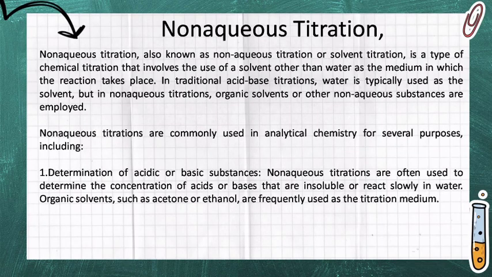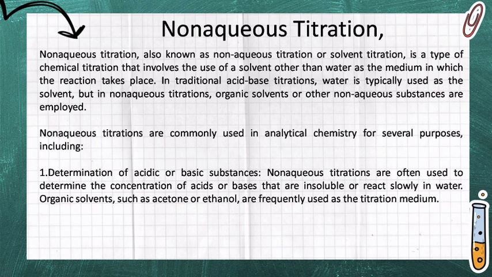Non-aqueous titration, also known as solvent titration, is a type of chemical titration that involves the use of a solvent other than water as the medium in which the reaction takes place. In traditional acid-base titrations, water is typically used as the solvent, but in non-aqueous titrations, organic solvents or other non-aqueous substances are employed. Non-aqueous titrations are commonly used in analytical chemistry for several purposes, including: first, determination of acidic or